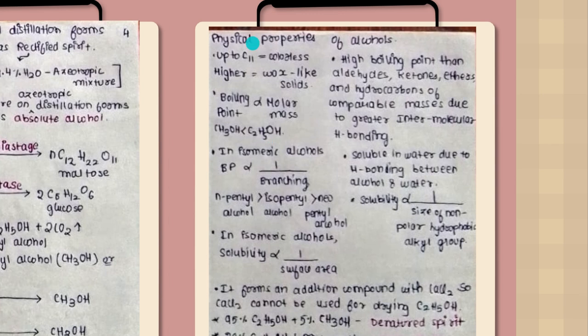Calculating for ethanol. We have C2, which is 12 into 2, 24, plus we have H5, that is 24 plus 5, that is 29, plus O again, that is 16, which gives us 45, plus H again, which is 46. So of course the molar mass of this is greater than that of methanol, and hence it has more boiling point than that of methanol.